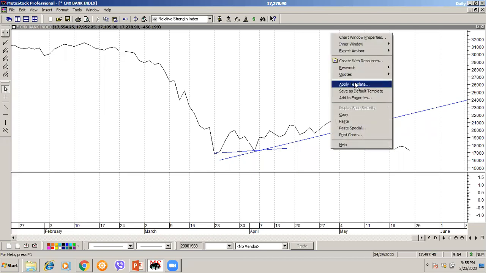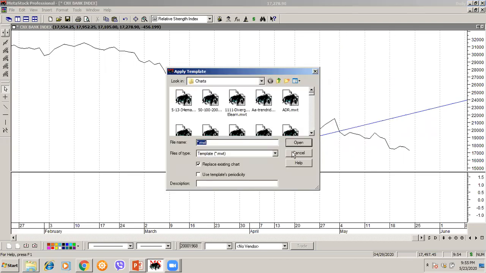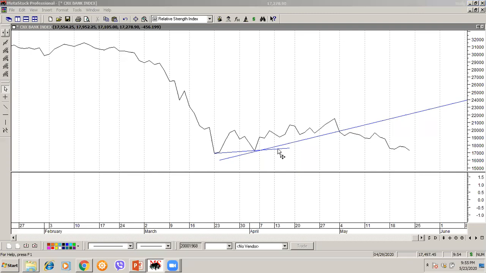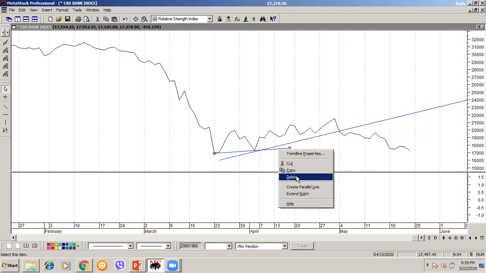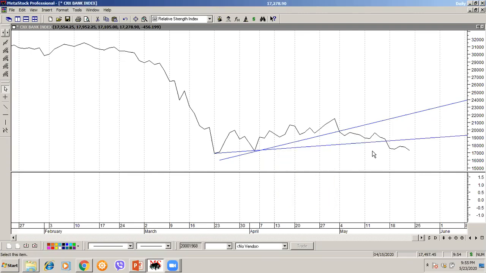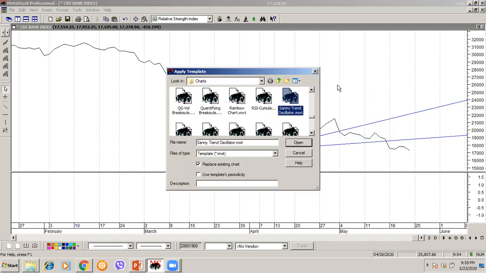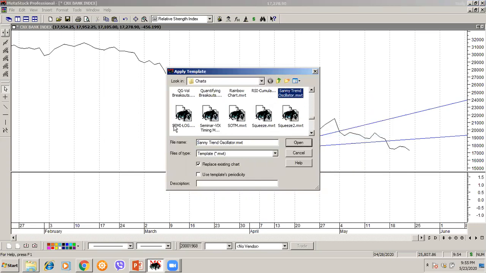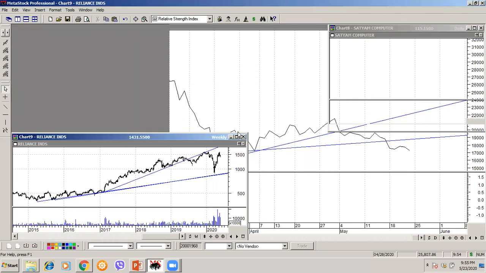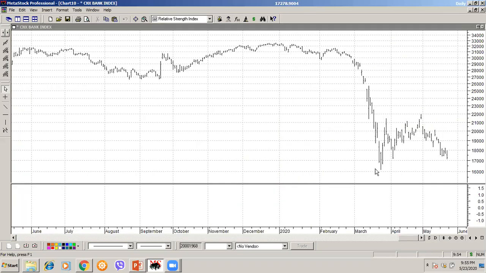I need to change the chart to semi-log. In fact, drawing a trend line out here is very dicey because you're not getting 3 points. It is not possible to draw a trend line on this. Now change the same chart to semi-log. Why am I changing it to semi-log? Because Bank Nifty, within a very short span of time, this particular low was like 16,000, then it was up to 22,000. So the movement was very fast in a short period of time, correct?